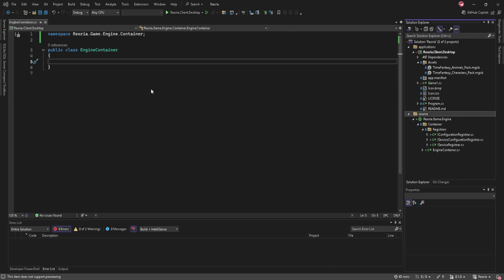By the way, the reason I use shared code projects is that if these were regular class library projects, my game would have a bunch of DLLs. The way these shared code projects work is that this code here is going to get baked physically into the client. So this container stuff is going to be in the same namespace as the Reoria game engine, but it'll be in the actual client assembly. So if you decompile the client, you'll see this stuff in it. There are cases for shared project libraries, but